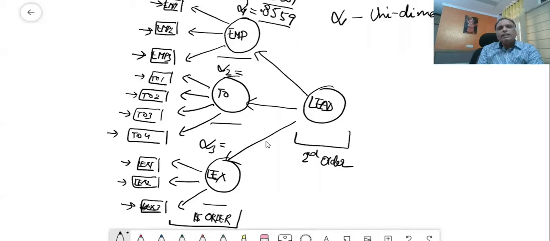There is another example. Here you can see, what do you mean by unidimension? Leadership. You want to have one construct which is called leadership, and here we have three subdimensions of a leader: empowerment, TO2, and LEX. These three dimensions are reflecting on leadership. And then further we have items 1 2 3, 1 2 3 4, 1 2 3. At least you see three items in each and every subdimension of this construct.